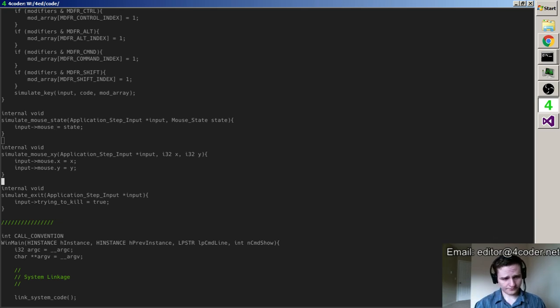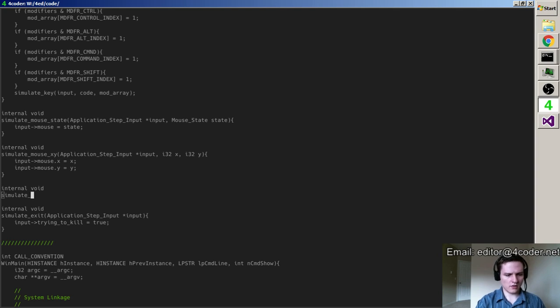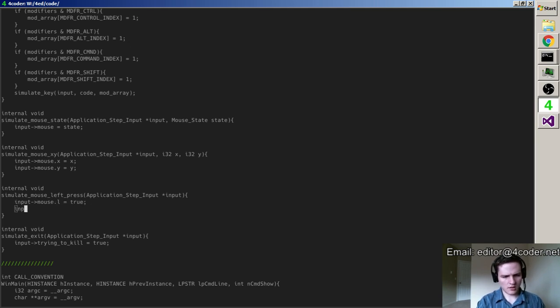So like, simulate mouse press, mouse left press, application step input, mouse dot L equals true, input mouse dot L press L equals true.